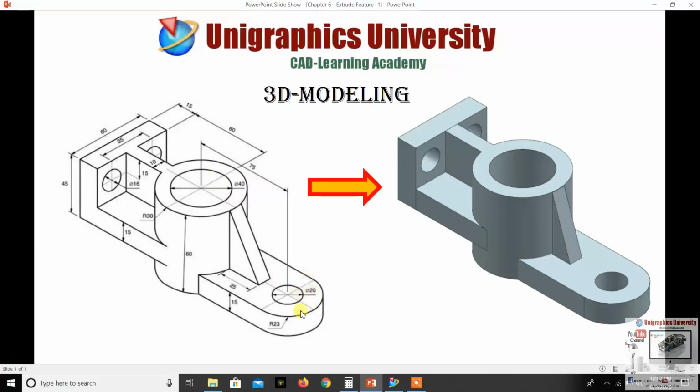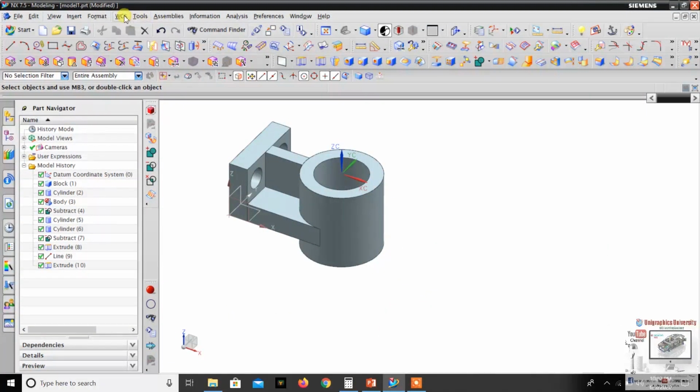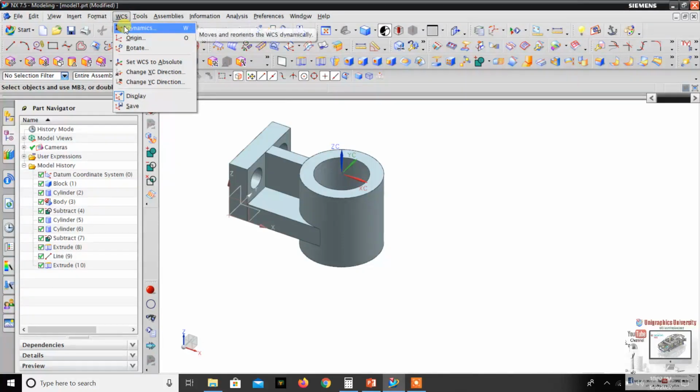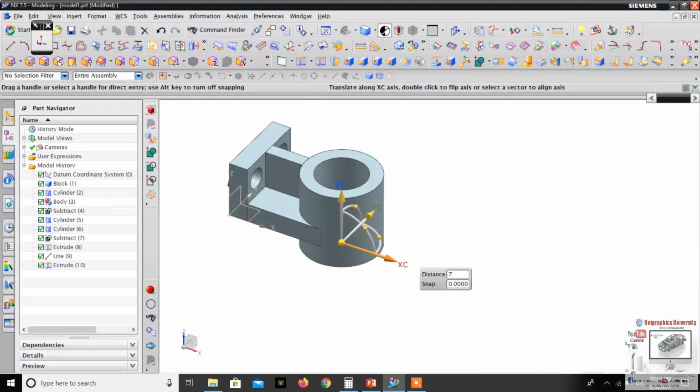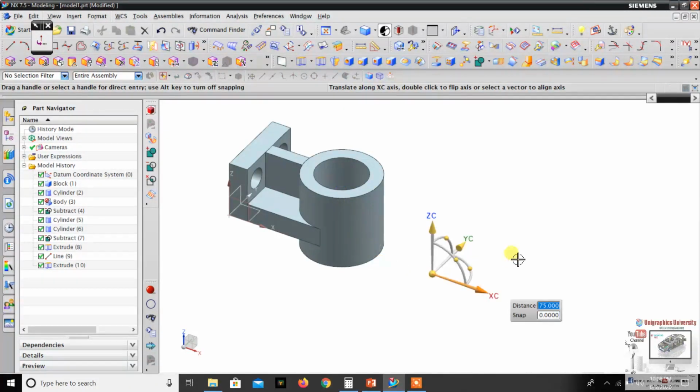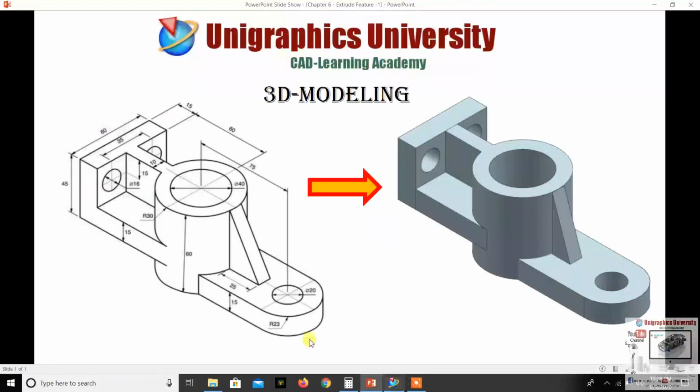Well, then let us consider this cylinder. From this center to this center is 75, so go to WCS dynamic, click bottom, then change to 75, okay. This radius is 23, so diameter 46.